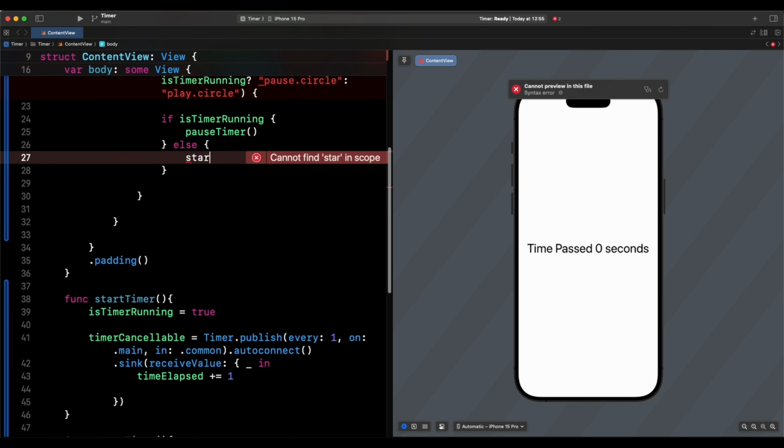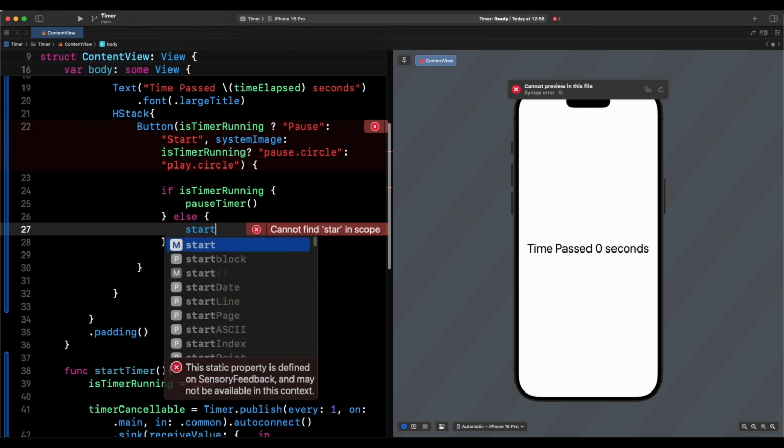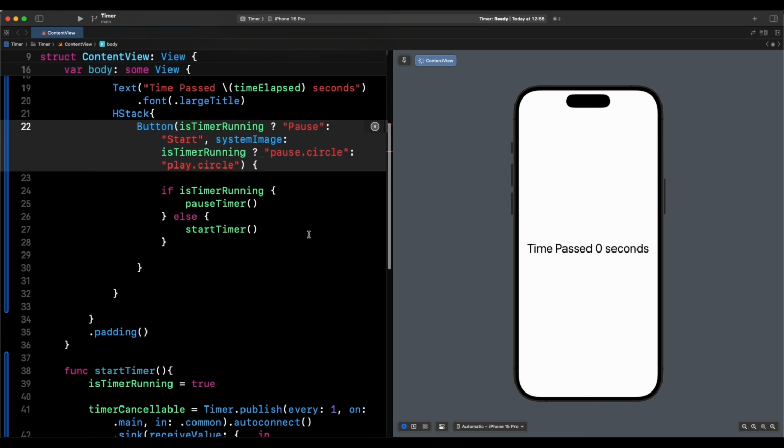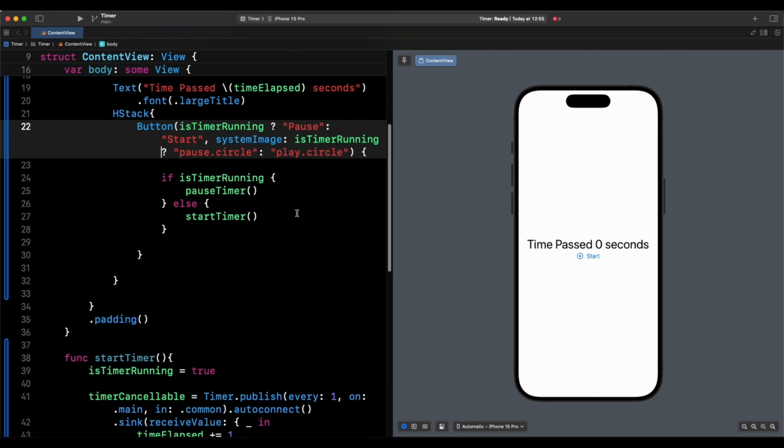What did you call it? Start timer. So we call that. So that should be our button. And maybe we need to give it equal space. Swift is very finicky about that. That is sorted. Now, the next thing we could do after this button, we could put another button,